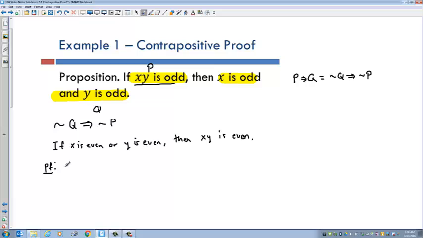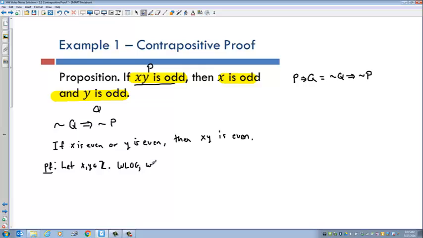So let x and y be integers. And we want to assume one of these is going to be even, because it says x is even or y is even. And remember that statement, without loss of generality? We can use that here because we can assume x is even, but that would be just like assuming that y is even and seeing what happens. So what we can say here is WLOG, without loss of generality,